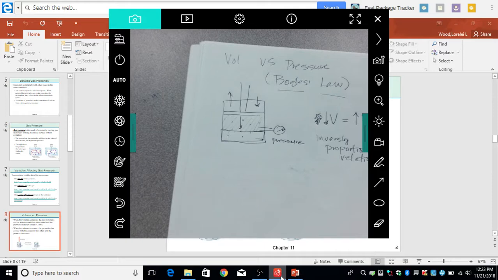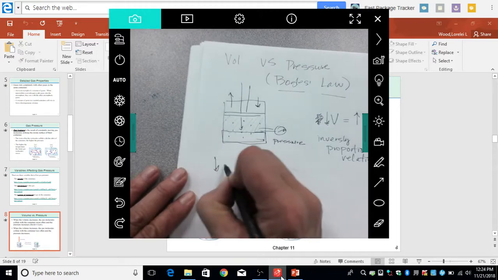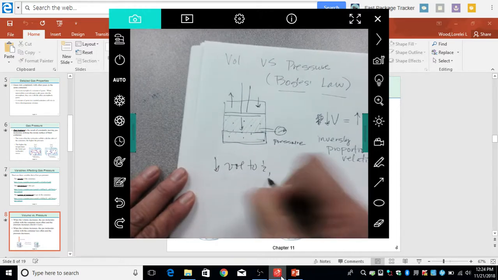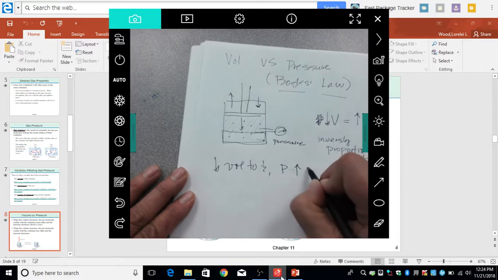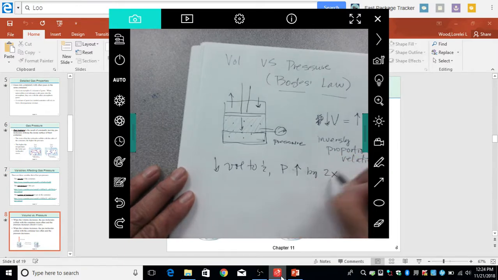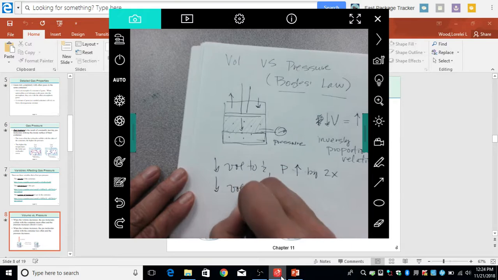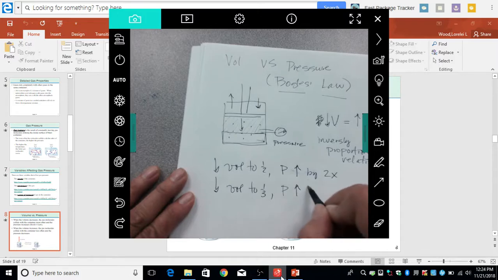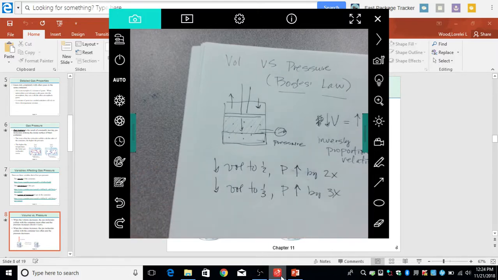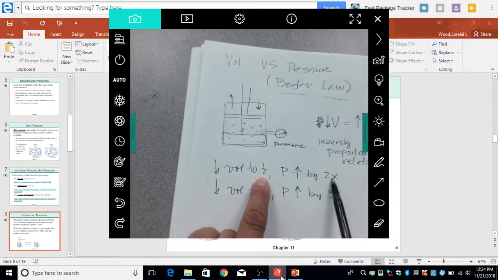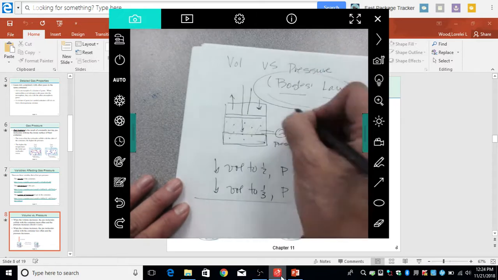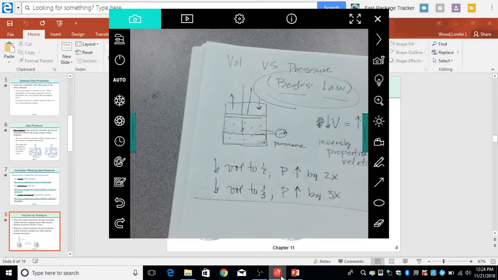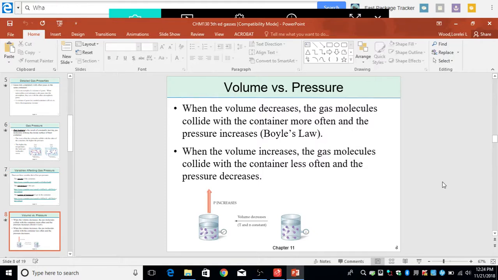And that means not only does one go up but the other goes down, but it goes up by the same proportion. So if I decrease the volume to 1/2, then the pressure would go up by how much? By 2 times as much, right? If I decrease the volume to 1/3 its original volume, how much would the pressure go up? By 3 times as much. That's what we mean by inversely proportional. As one goes down, the other goes up in direct proportion. All right, so that's Boyle's law. Make sure that you remember the laws and who's responsible for inventing each of these laws.